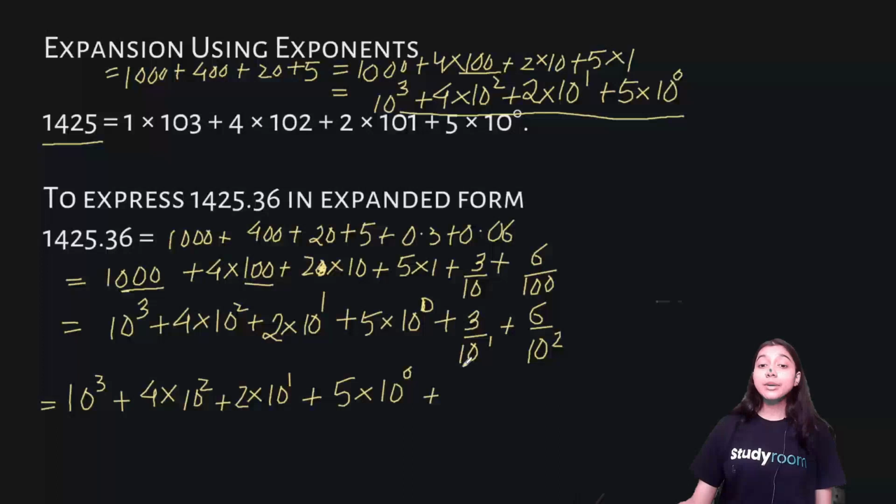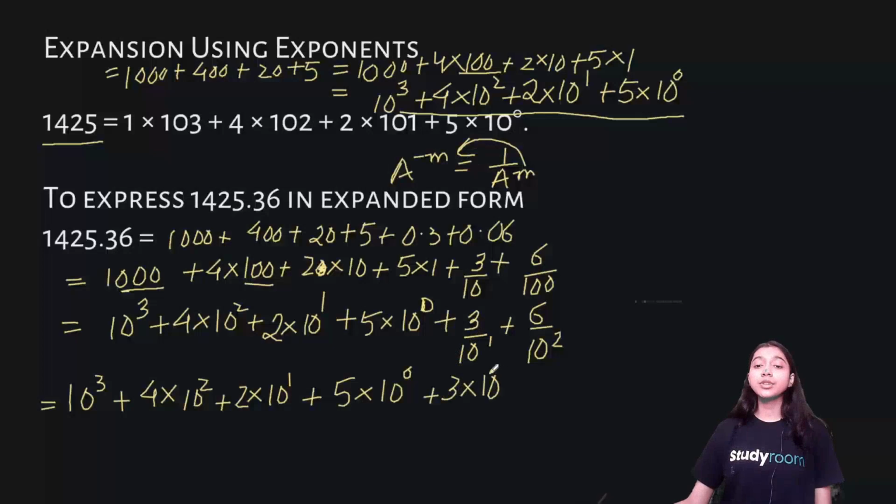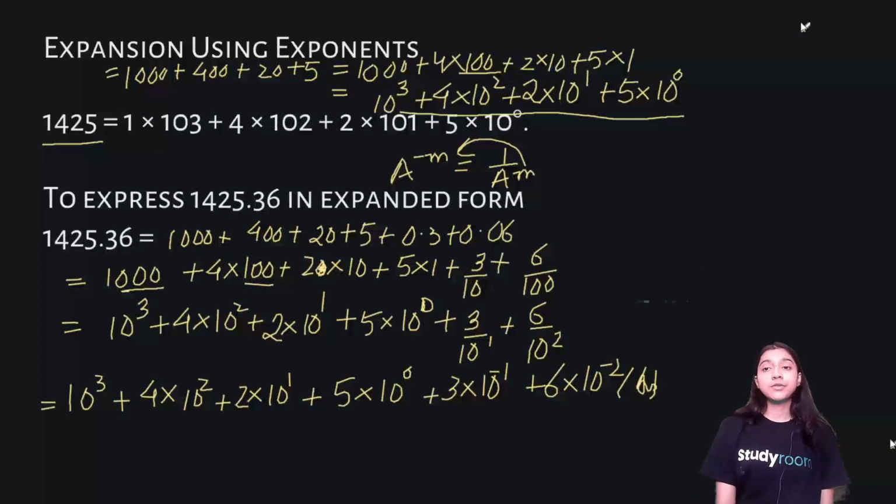now just focus over here, 3 by 10 to the power of 1. This can be taken in the numerator and written as 10 to the power of minus 1, because when we had a to the power of minus m, we took it in the denominator and wrote 1 by a to the power m. So similarly, we are doing the reverse process. We are taking 10 to the power 1 from the denominator to the numerator. So this will give us 3 multiplied with 10 to the power of minus 1. In a similar way, we will take 10 to the power 2 in the numerator, and this will give us 6 multiplied with 10 to the power of minus 2. So this is our final answer of representing this given number in exponent form.